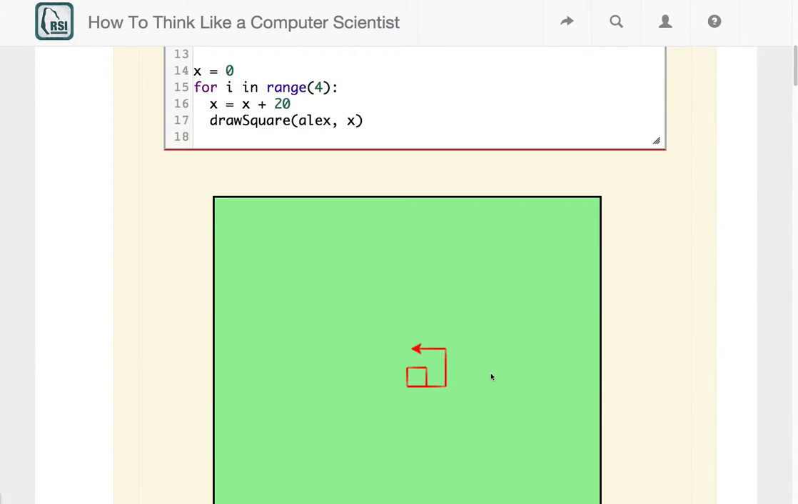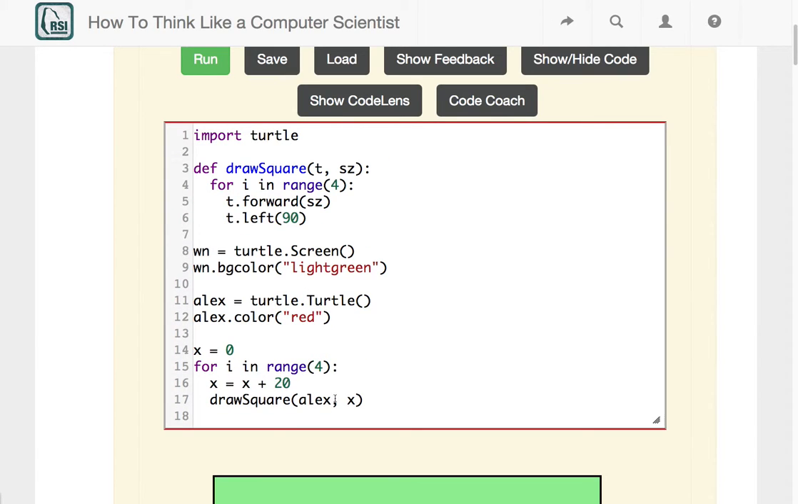And so I'm going to put it down here, and you can see what it does is draws a set of 4 boxes that are increasing in size by 20. Right? Okay, so